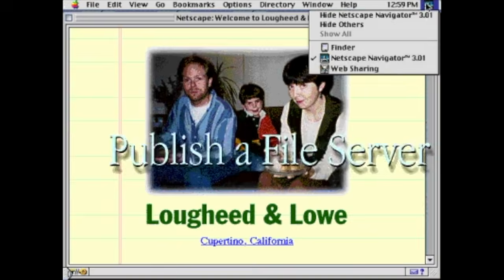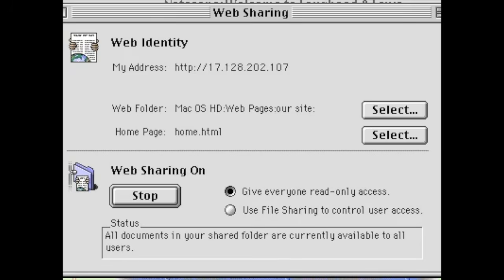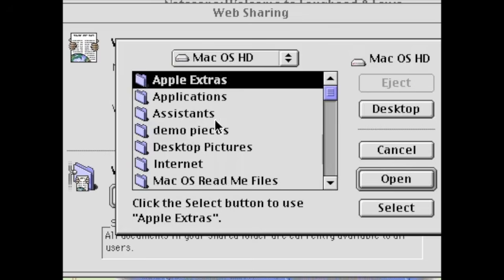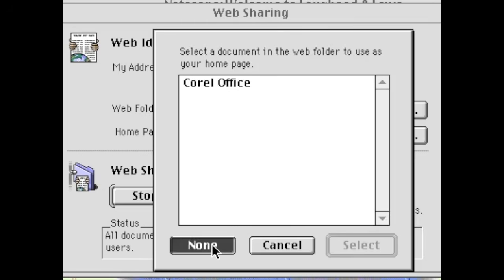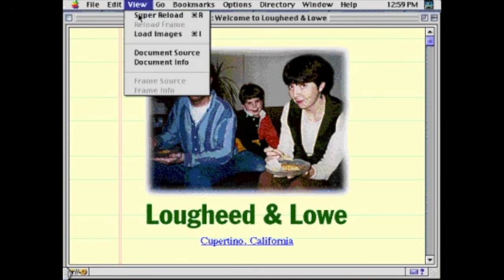It also incorporates Personal Net Finder, which allows you to share documents with others simply by dropping them into a folder on your computer. Personal Net Finder creates a Finder-like graphical listing of your shared documents that can be viewed with web browsers running on any platform. You can select any folder on your hard disk, regardless of whether it contains web-formatted information. Instead of selecting a default home page, you select None. Web sharing enables the Net Finder feature. Using any standard web browser,